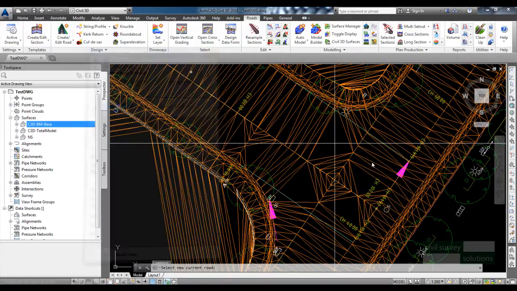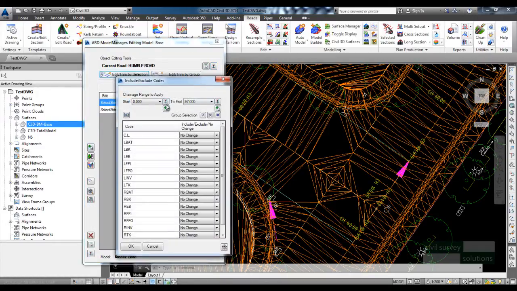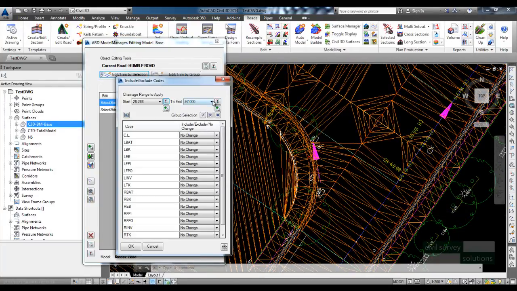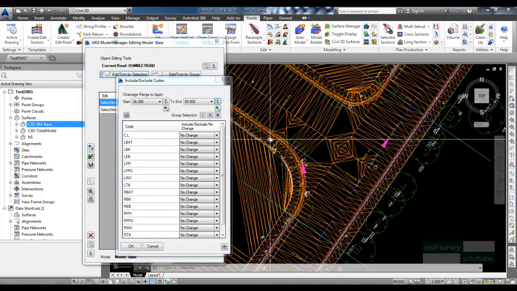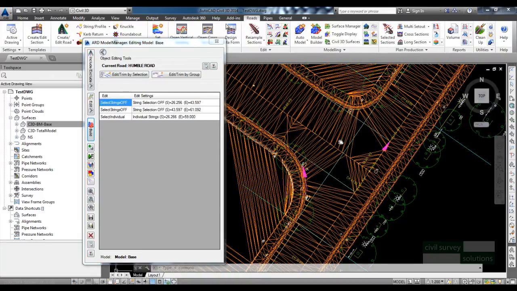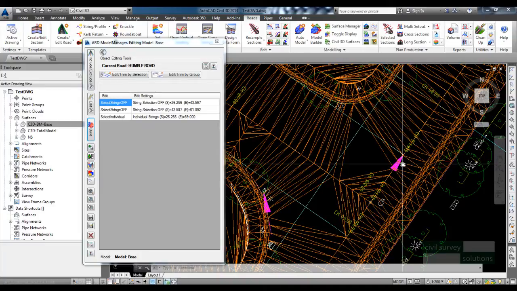So what I'm going to do now is select to edit Humble, and I'm going to use Edit Trim by Selection, and I'm just going to pick a region just sort of outside the intersection and tell the software that I want to exclude the LEB code, which is the code running through the intersection here. So if I select on Build, you can see that that has now updated